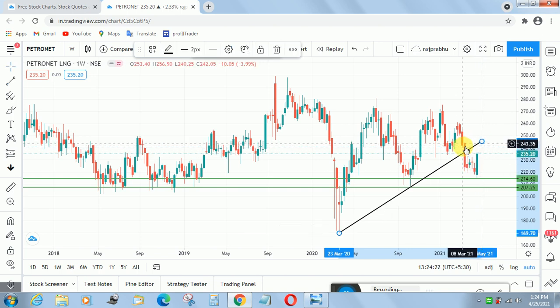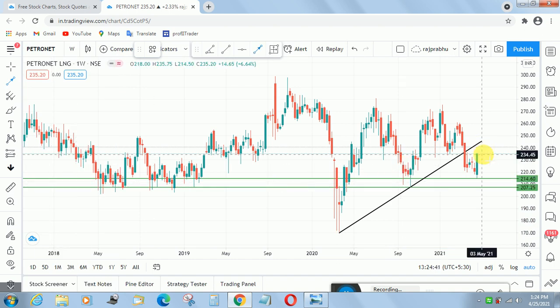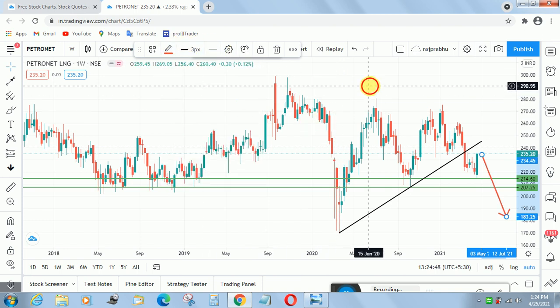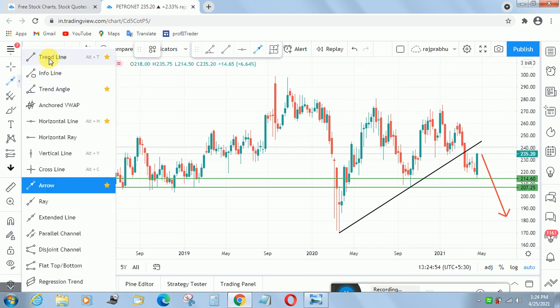See, this is a breakout. This candle breaks the low and this candle will retest here. Whenever a breakout happens and then a retest, the price has a high chance to reverse. I am going to draw the arrow on the downside in red color. Okay, this is the breakout, and then I am going to connect another trend line also.